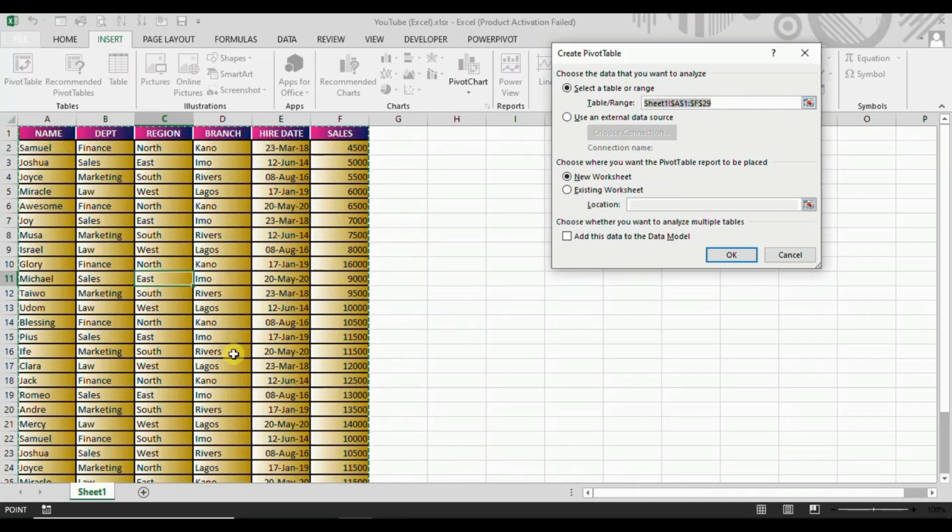You don't need to start highlighting it like we did previously. It will automatically capture the range of the data set. Alright, so you can go ahead to selecting where you will want this pivot table to be placed. As it stands now, let's place it here. When you click on this place, you click here anywhere you want it to be placed, and you click